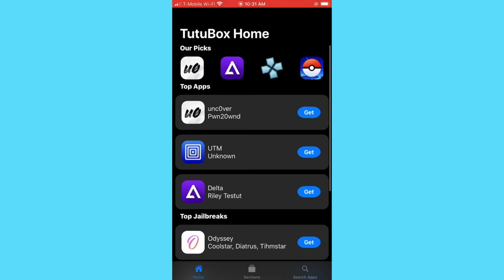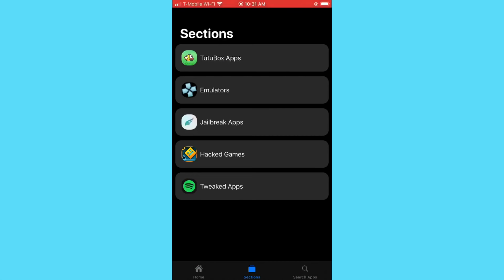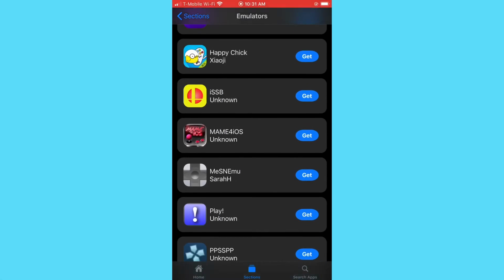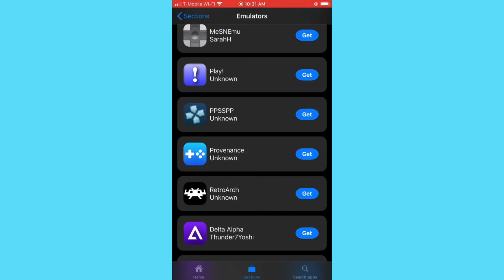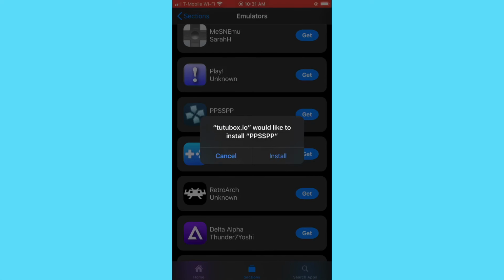There's a lot of tweaked apps. If you want to find the PPSSPP app, just go to the select sections and go to the Illuminator and scroll down, and you'll find the PPSSPP right here. Just click get, click install,